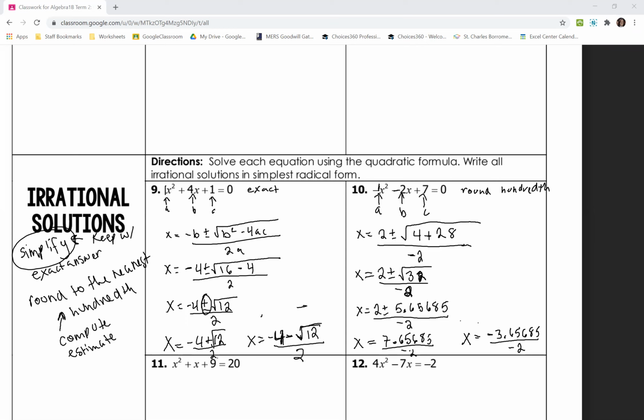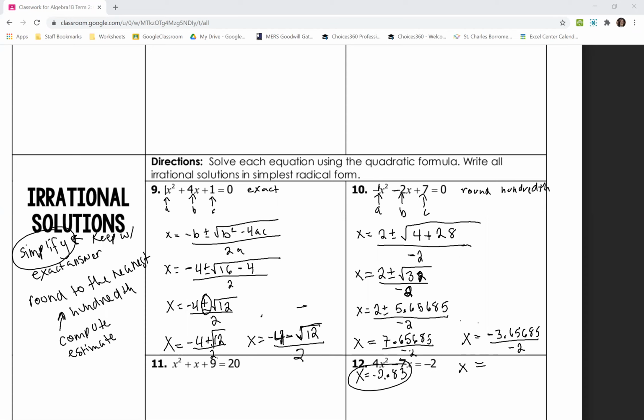So it'll be negative 2.828. We have to round, so it'll be negative 2.83. So X equals negative 2.83, or X equals,